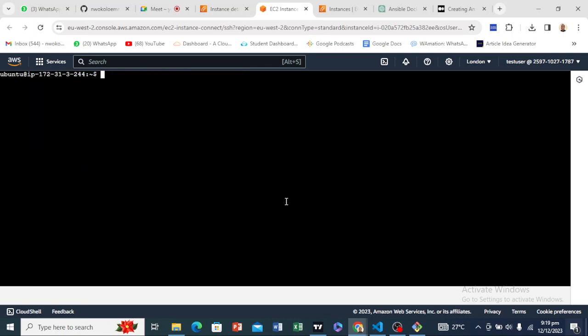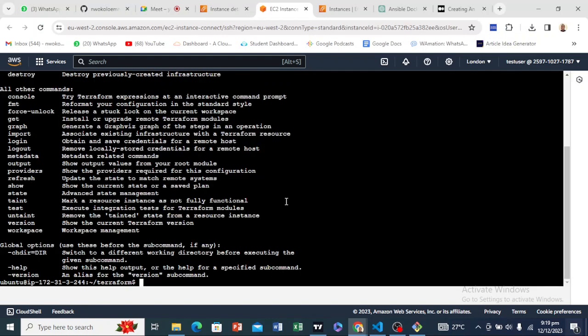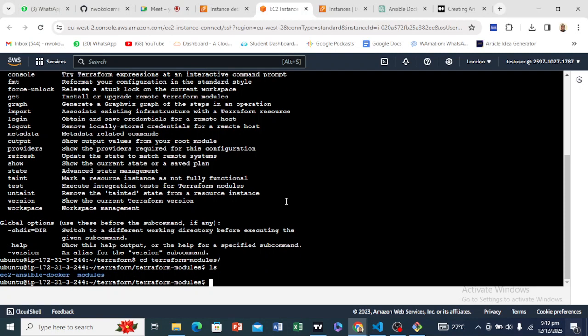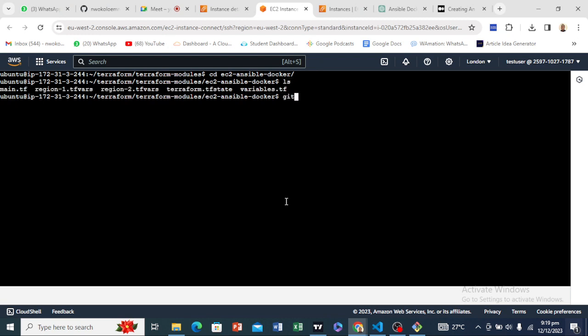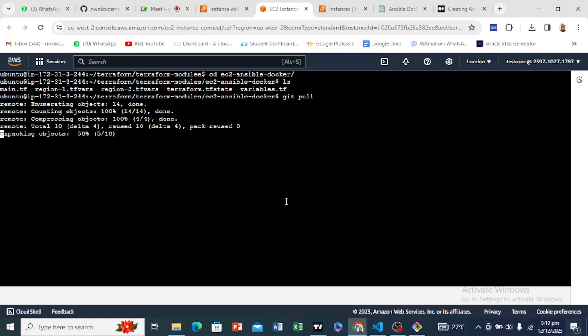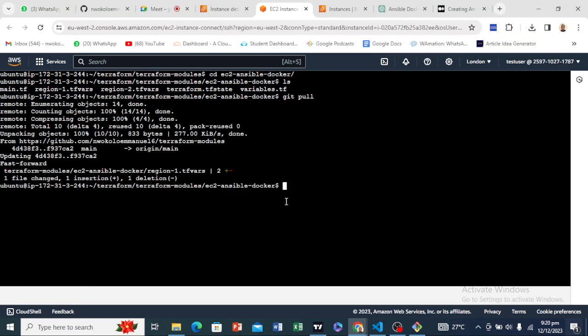Okay, so let's clear and let's sit into Terraform. Okay, so let's clear this again and let's sit into our EC2. So let's basically do git pull. Okay, so now that I've done git pull, we can cut the content of our Terraform